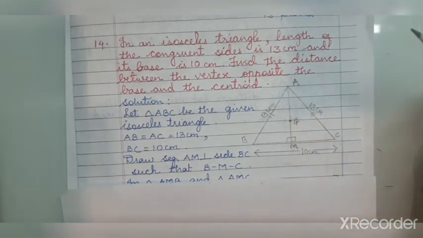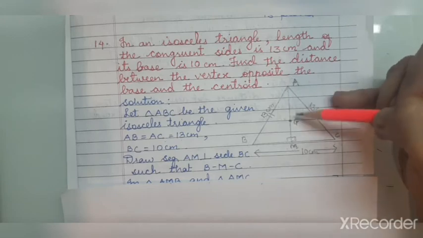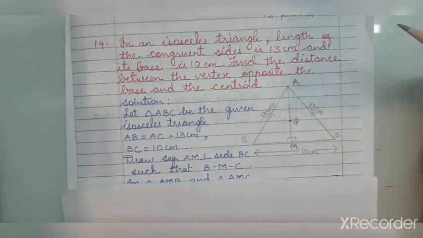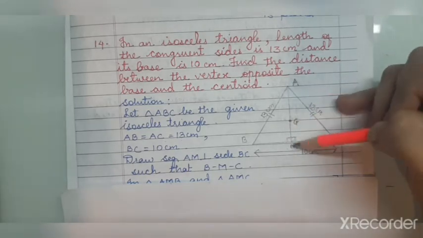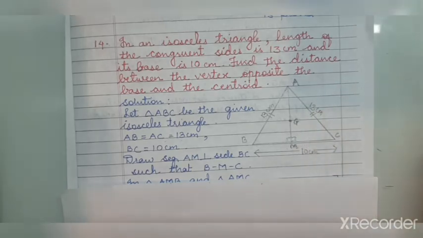But if you remember, in 9th standard we have studied the property of the centroid in a triangle, and the centroid is actually the intersection of the medians of a triangle. So here we don't have a median, and the centroid will lie only on the median. So our first objective, before getting AG, is to prove in the figure that this point G lies on the median. So we have to prove that AM is a median also, and then we have to find how much AG is.